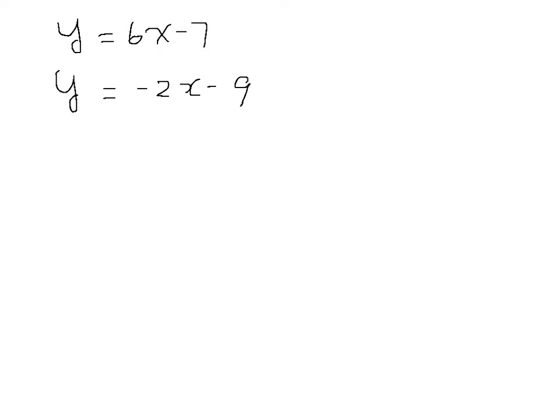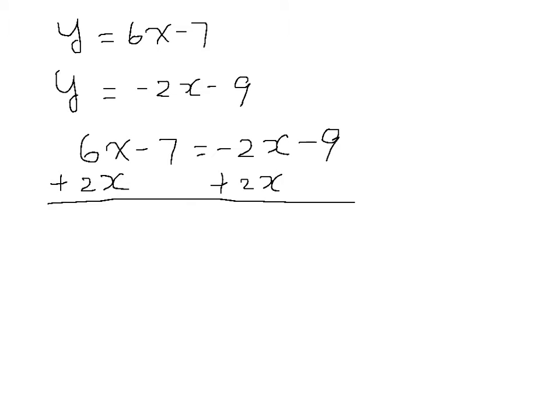When it intersects, these two y will be the same. Therefore, we can substitute this y with this guy, because these two are the same. So we're gonna set up 6x minus 7 equals negative 2x minus 9, and using basic moves of solving equations,